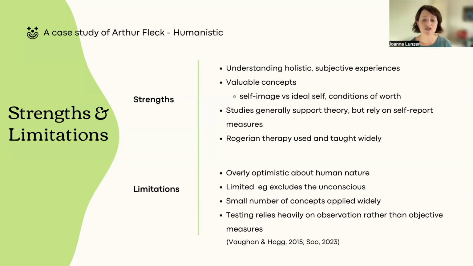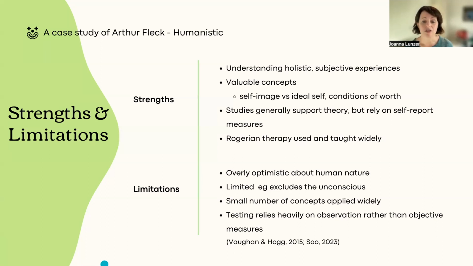Rogers also uses a small number of concepts and applies them too broadly. For example, he held that psychopathology arises when our actualizing tendency is blocked. This is clearly an overly simplistic explanation. Finally, as noted earlier, testing the theory relies heavily on self-report and observation rather than objective measures, so its empirical